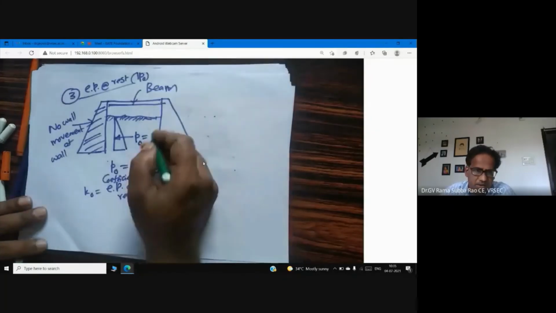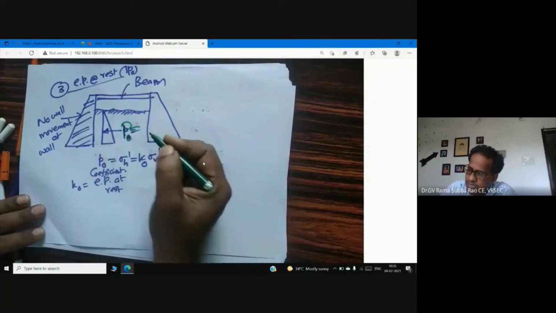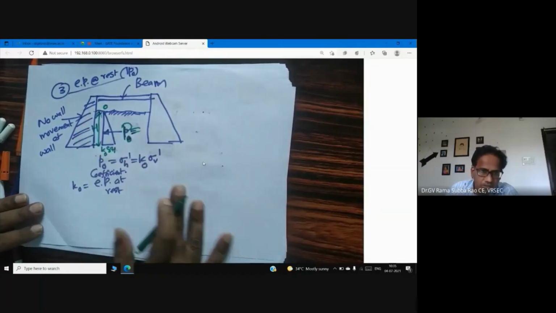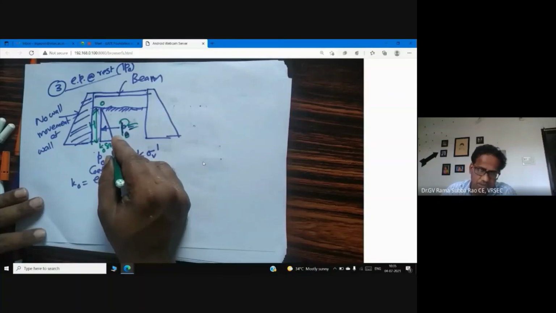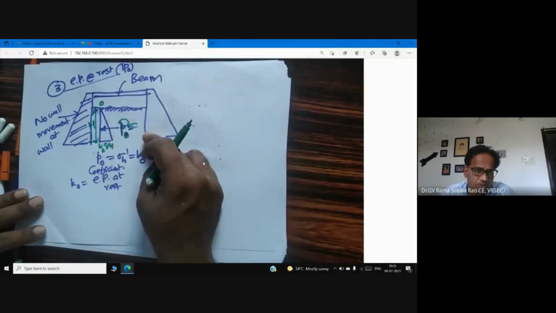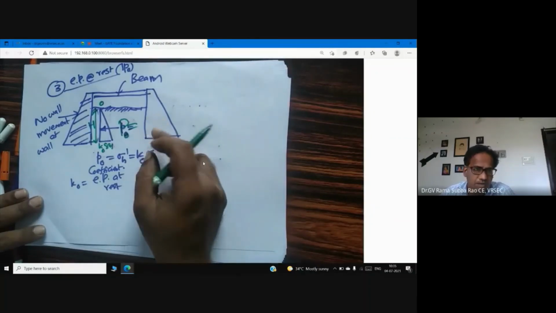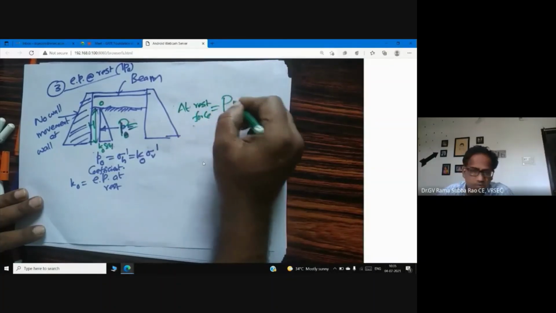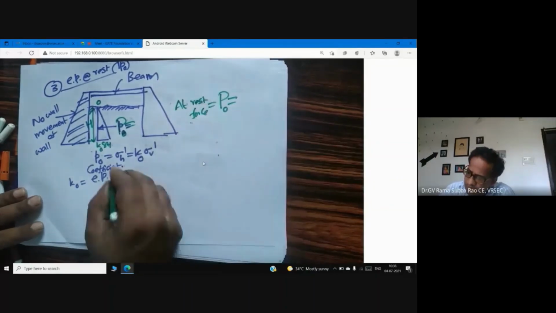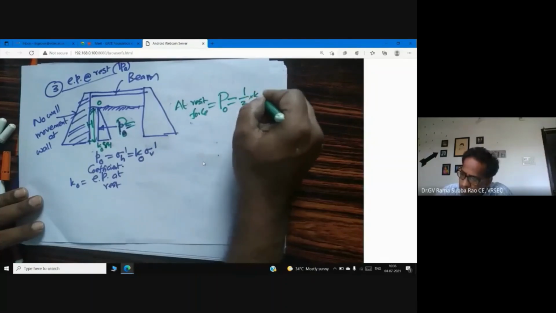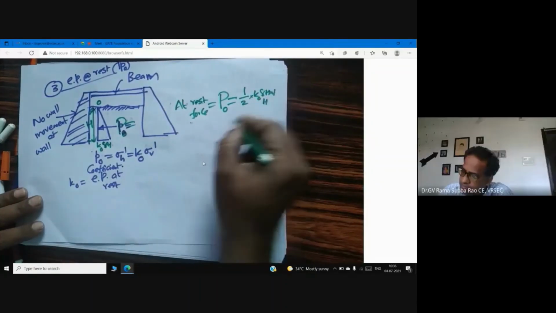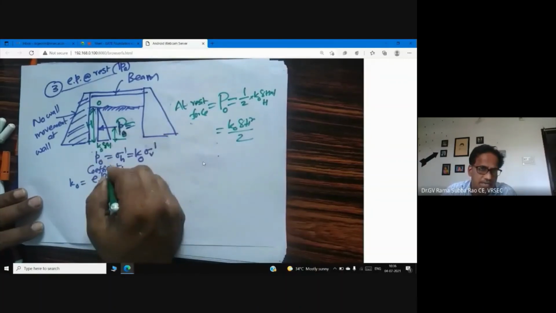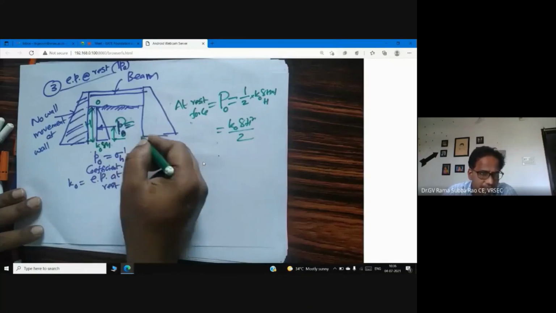Now this time you should tell me how to calculate capital P naught. This is 0 here. This is K naught gamma H. This is the height of the wall. Please tell me how to calculate the earth pressure force. Active force, passive force, at rest force. So please tell me how to calculate the at rest force, capital P naught. It is K naught gamma H into H, so K naught gamma H square by 2. So now the question is, what about the resultant? So the resultant is acting at a height H by 3 from the base of